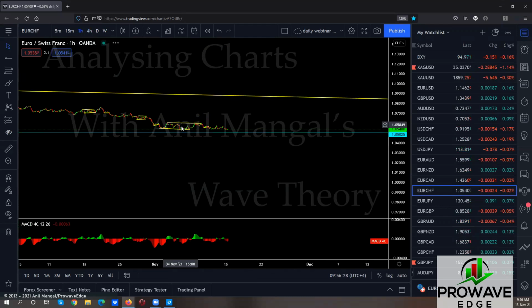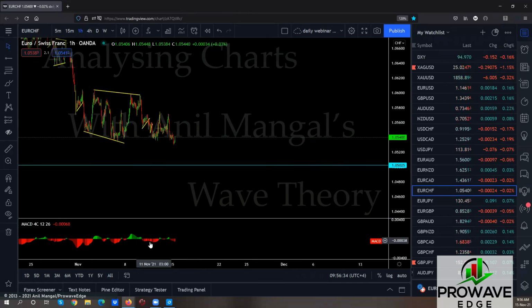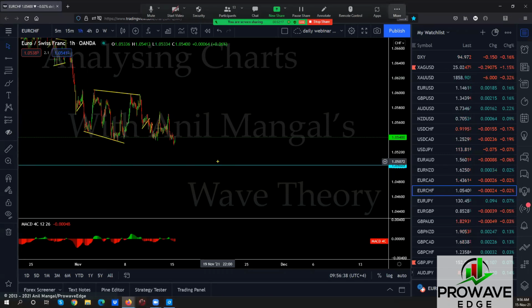Go to the 1 hour. You have a lot of divergence here. You can see it. Internally also, you have divergence. That is on this one. So if you take this to be the flat, it's over. If this comes here and comes back down, this would be the flat. We would check with this and this for divergence.